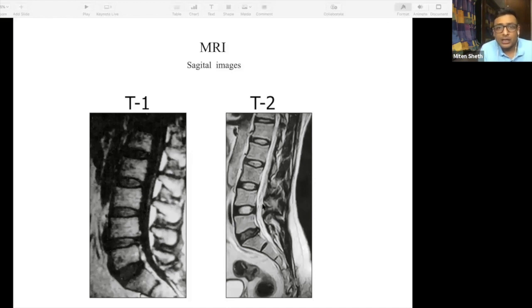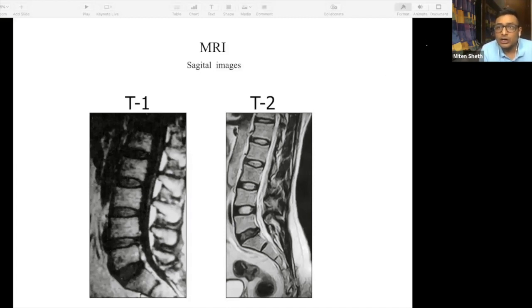You see the alignment, then your spinal cord, then the posterior element. See the color of the body, and see if there is any gross change in the color of the body. Then you see the discs if there is any problem, and then the alignment. So here what I can see is everything is looking totally fine, except this disc is looking black and it has come out a little bit.